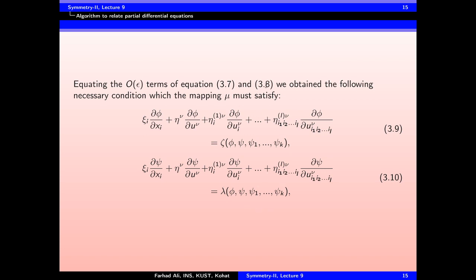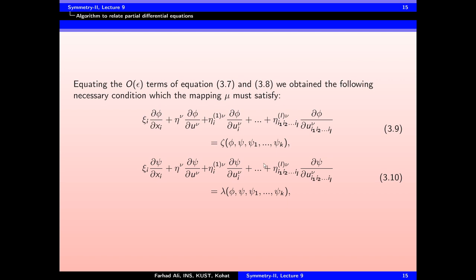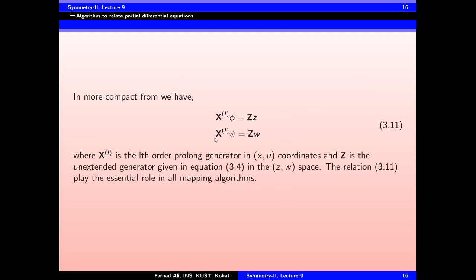So this is the mapping we need to map the given system onto the target system. It is hard to understand here, but we will see that it is not so hard when we take examples on this concept. In more compact form, these two equations can be written like the equations you see in 3.1. This is the more compact form of 3.9 and 3.10,